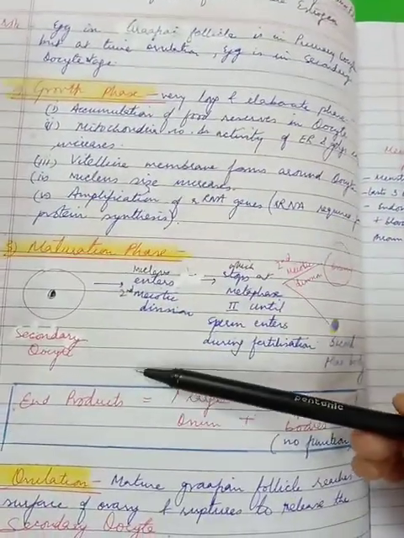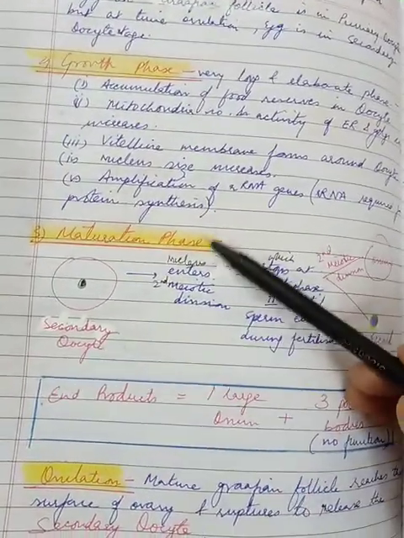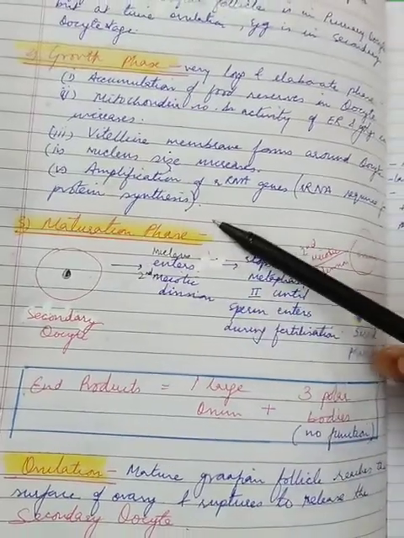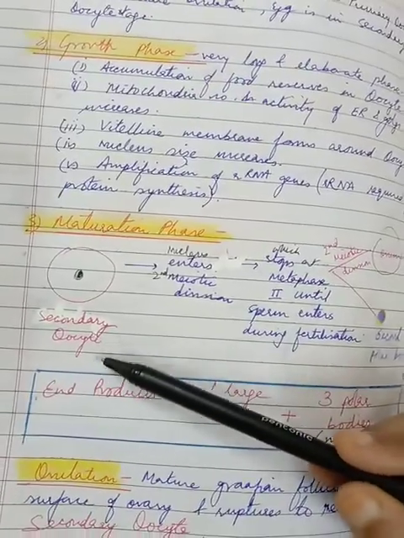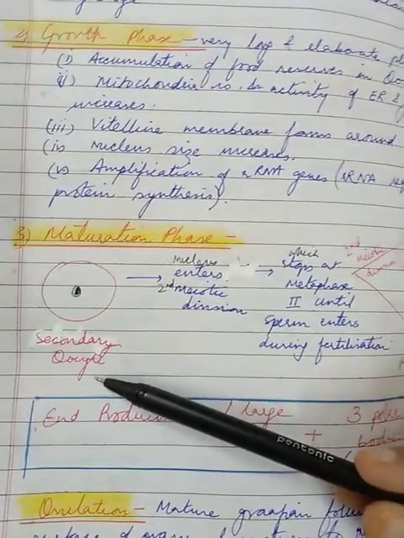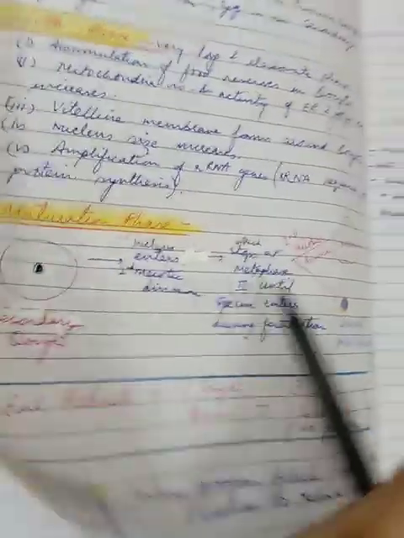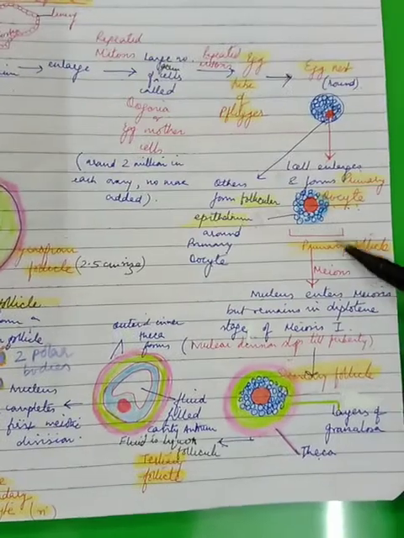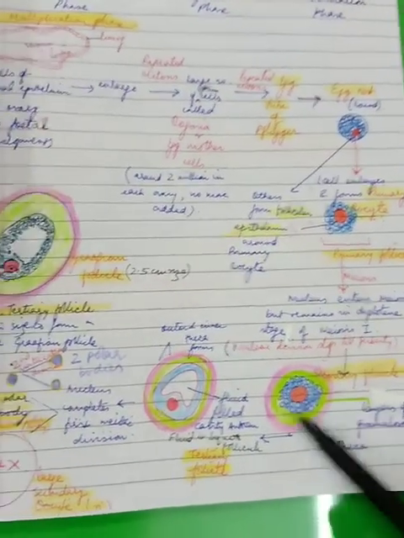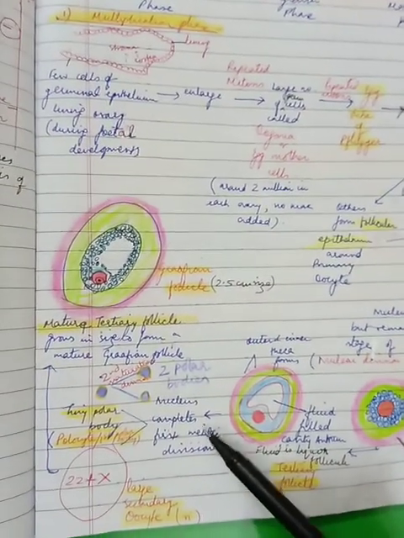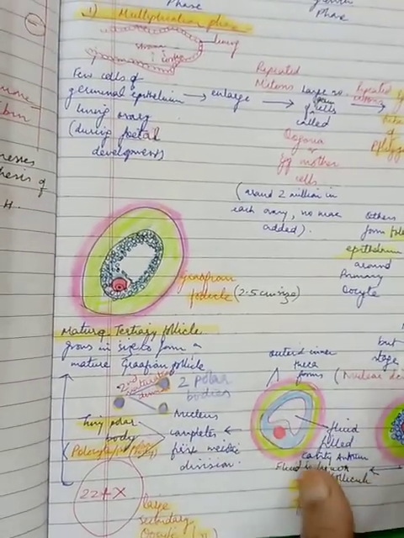And with this, now the ovum or the secondary oocyte enters the maturation phase, which is the last phase. This begins when the nucleus of the primary oocyte enters the first meiotic division in the primary follicle, but the division was arrested here. The first meiotic division had started, but was arrested till it completed here, releasing what? A large secondary oocyte and the tiny polar body.